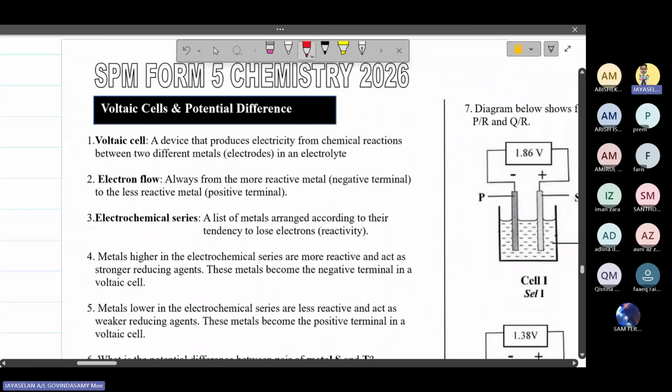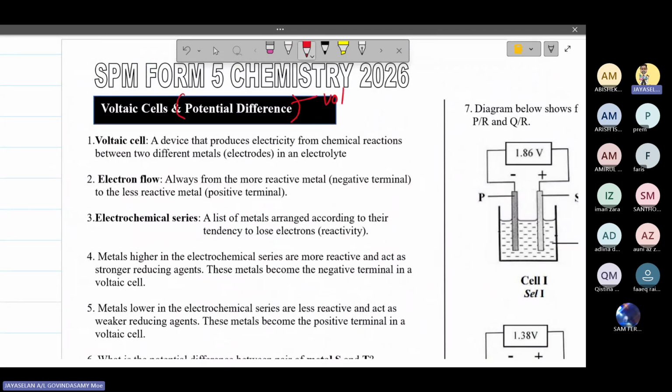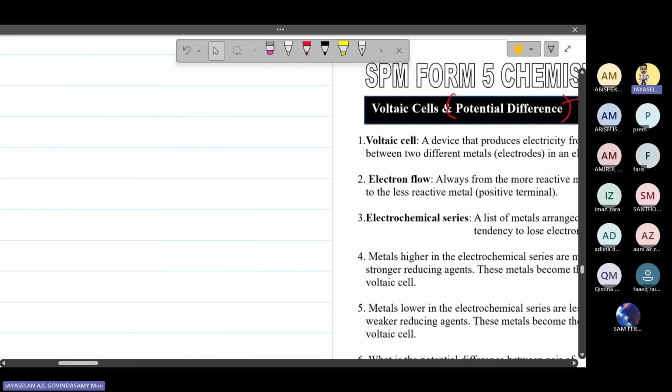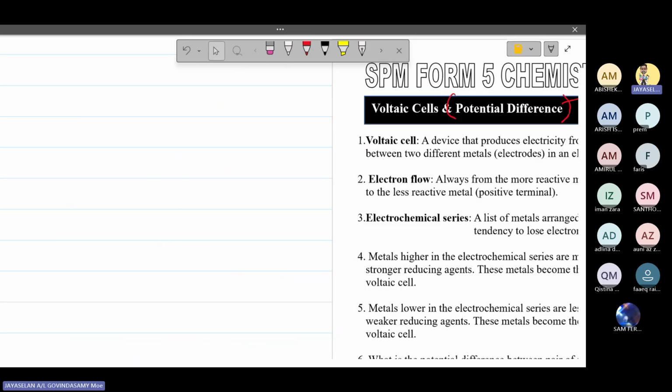What is potential differences? You already learn in physics. Potential differences means voltage. Voltage. So dia macam mana dia dapat voltage dia? Okay, and ni voltage tu apa? The electrical energy from one point to another point. Okay, tenaga elektrik from one point to another point. If the movement of electron very fast and a lot, it will produce high voltage. Okay, untuk itu kamu kena hafal